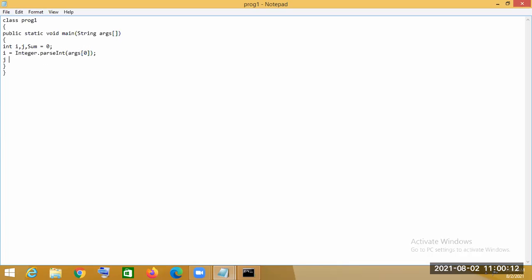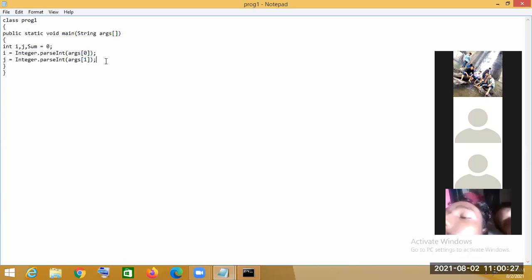Then we have to do the same for another one, because we are doing the sum of two variables. So this is, let's say, args[1]. In the 0th position and 1st position, two values will be present.